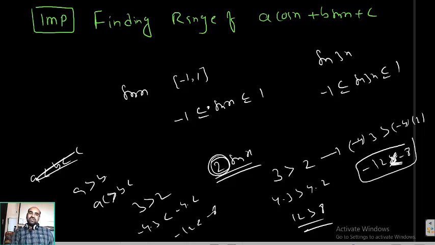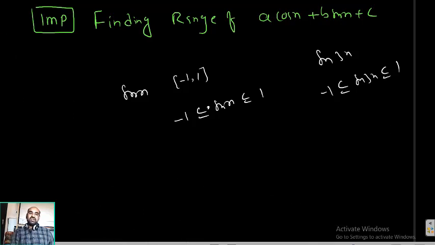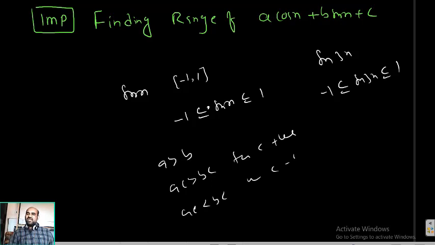So what is the meaning of that? If A is greater than B, and I multiply C on either side, if C is positive, the inequality won't alter. What is the meaning of that? AC is greater than BC for C positive, or AC is less than BC for C negative. Okay, C equal to 0, we can't multiply with 0 on either side.